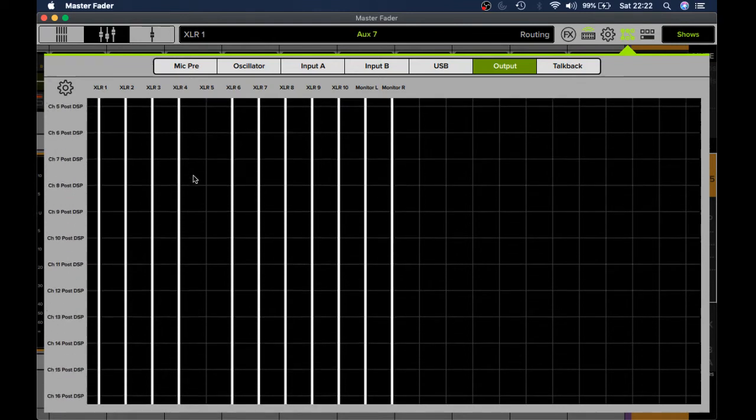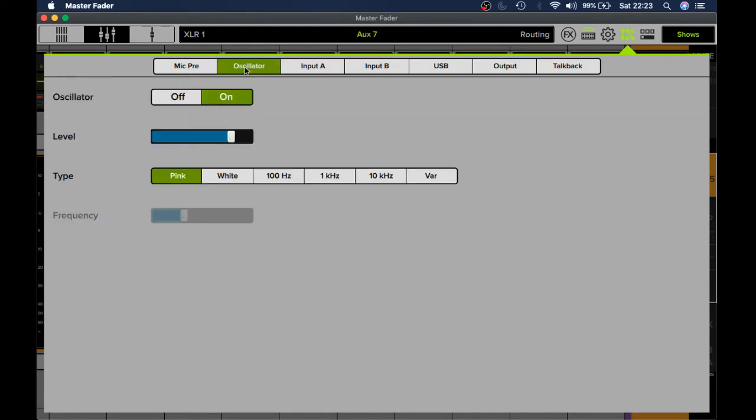All right, cool. So oscillators, troubleshooting. You can use it for various things, but if you've got nothing plugged into the mixer at any given time, and you want to be able to check to see whether or not there's any sound coming from a particular channel or outputting, and you want to test those volume levels,